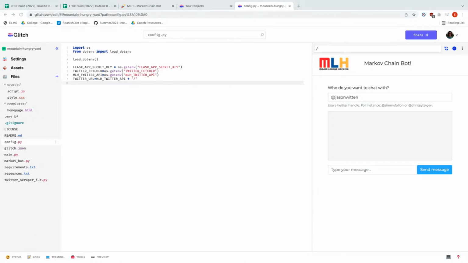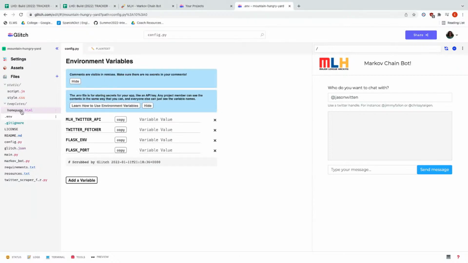So what we need to do is go to the .env file here. The .env file is what contains the environment credentials we need to run the application. So you're going to open up the .env file and add the following details. So it looks like this. I'm actually going to show you.